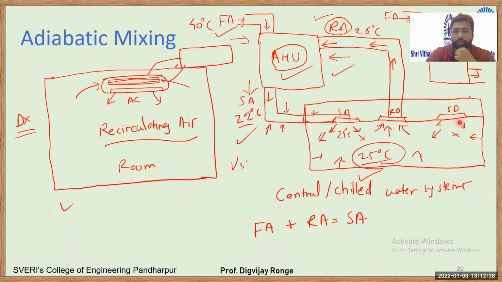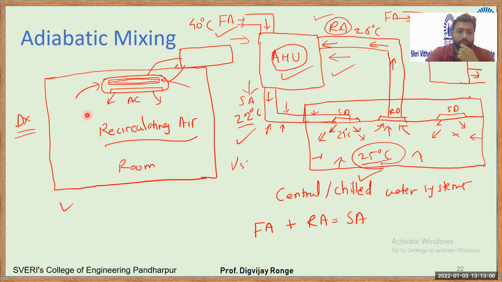Okay, so there are supply diffusers, and there are return diffusers also, which will suck the air. It will pass to the return air duct, and it is supplied to the air handling unit. Okay, so that is why we are studying adiabatic mixing here, because in AHU we are mixing fresh air and return air, and we are giving the supply air. Now, apart from AHU, we have other units called FAHU. FAHU stands for fresh air handling units. Then we have FCU, which is called fan coil unit. So these are some of the air conditioning equipments used in commercial applications.